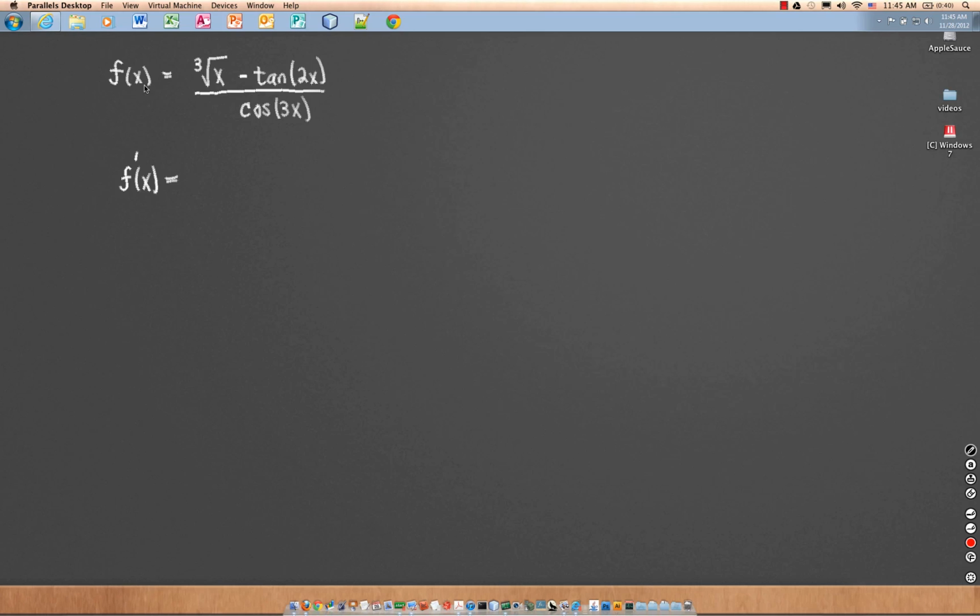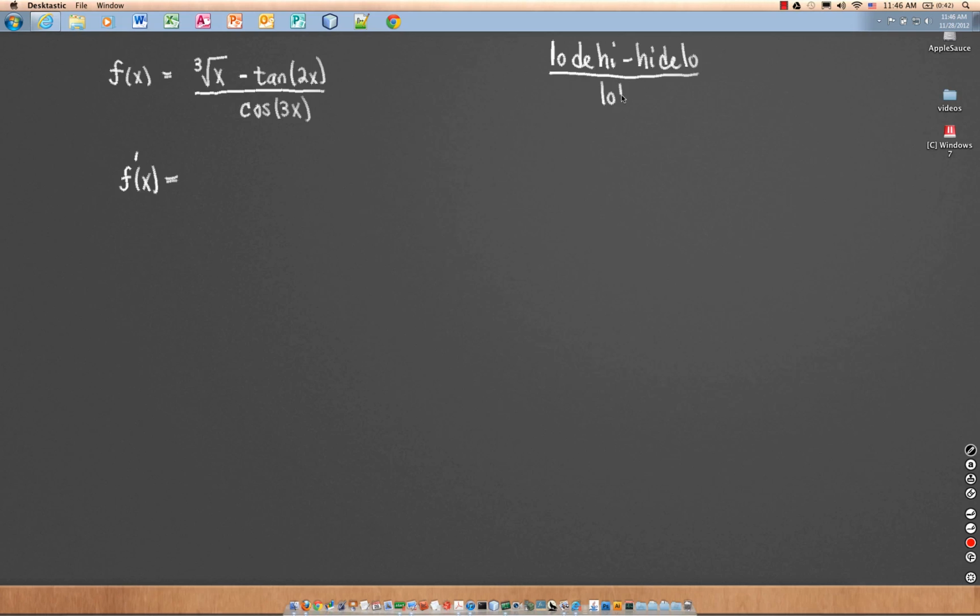Okay, in this problem we're given a function f of x is equal to the cubed root of x minus the tangent of 2x all over the cosine of 3x. And we're asked in this problem to find the derivative of the function. So let's go ahead and begin the derivative using our little ditty here, low d high minus high d low